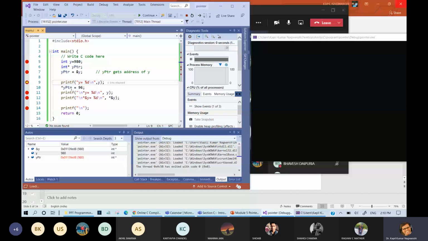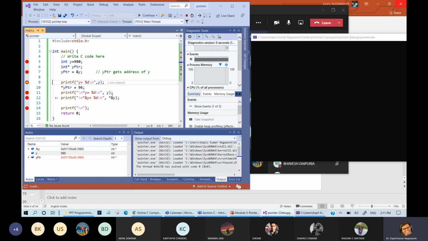Here I said that it is pointing to a person like you, integer person. Now it holds your address and points to you. Because this reference is available, it is changed from 980 to 96. That's why this 96 will be changed.